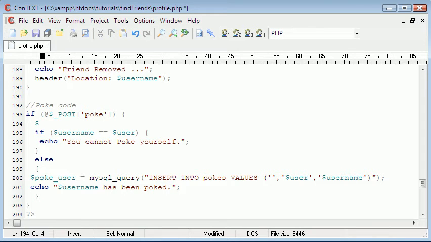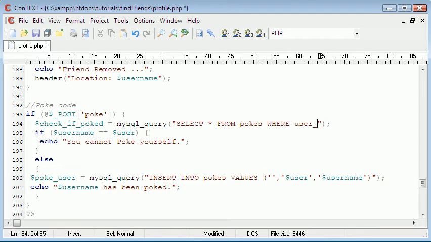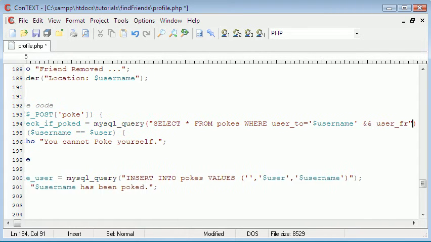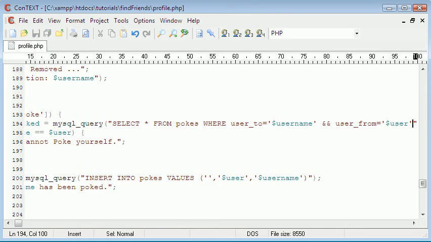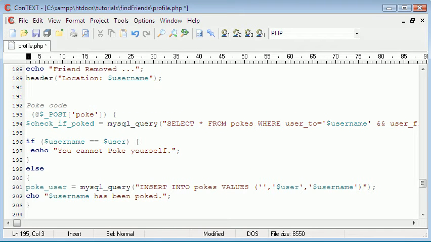So we'll create another MySQL query, and we'll say check if poked, and it's going to equal MySQL underscore query select all from pokes where user2 equals username and user from equals user. So that way it'll check if you've already poked the person, and then we can say